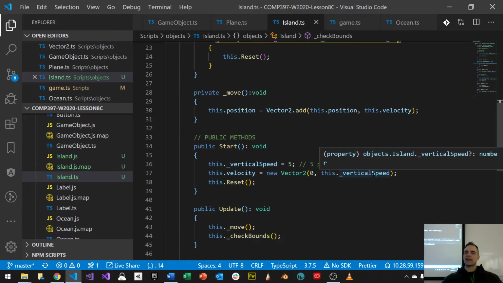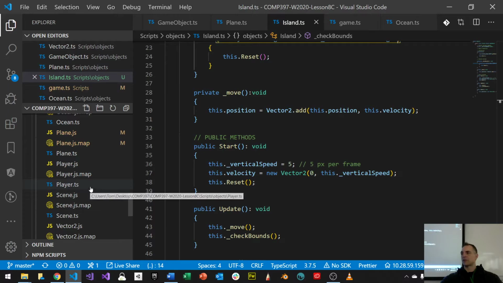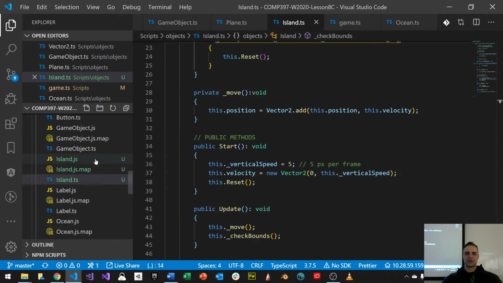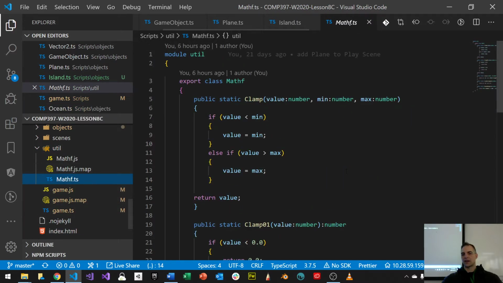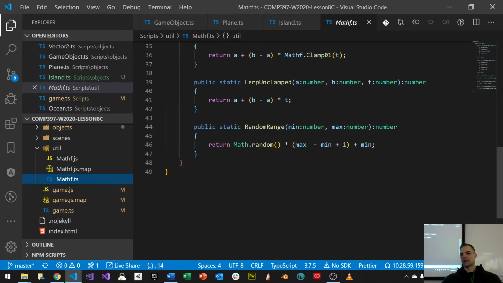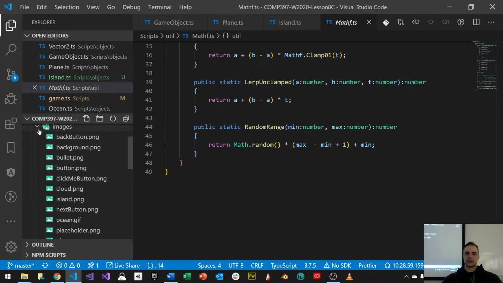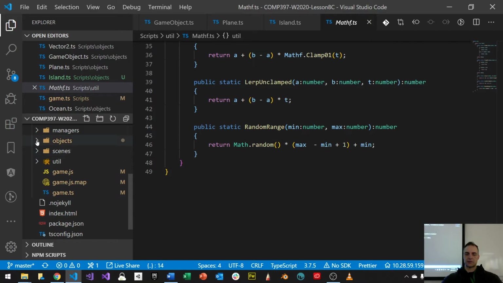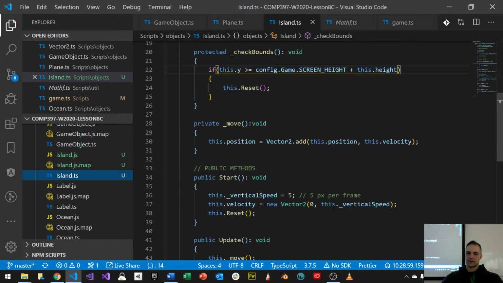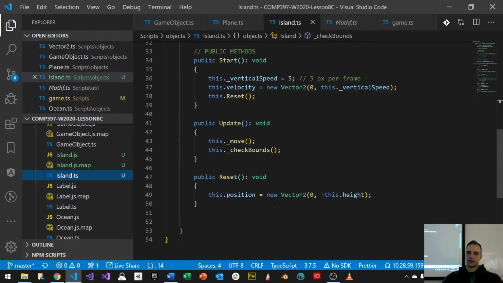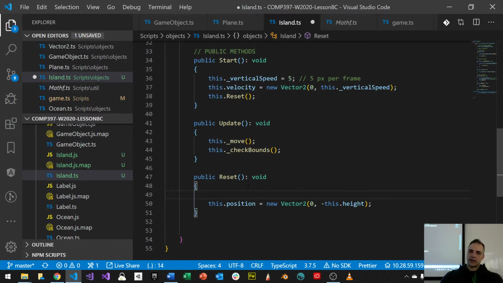And I want the island to have some randomization, right? Now, we have some from your midterm test, in the math, under util, under mathf.ts. You can see that I have a random range function that generates a random number between minimum and maximum. So what I can do is inside of the island object, when it resets, so here's my reset function, when it resets,